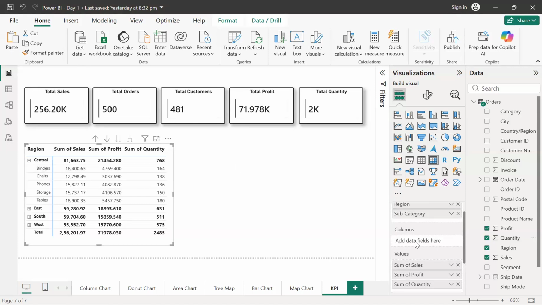And right now, guys, in the column section, you have not added anything. But if you want, you can add a column over here, if you want to add the category or segment, anything. So that can also be done. Okay, but I don't want to add it over here. I will try to add it somewhere else to show it, and that makes more sense and gives more information.